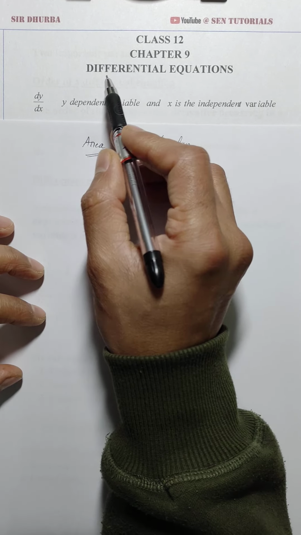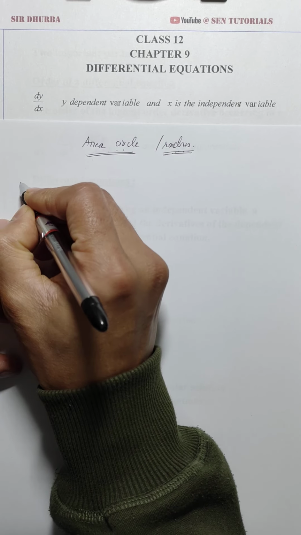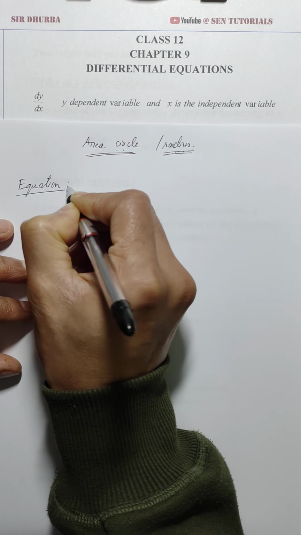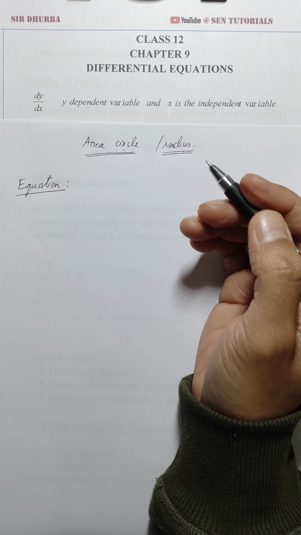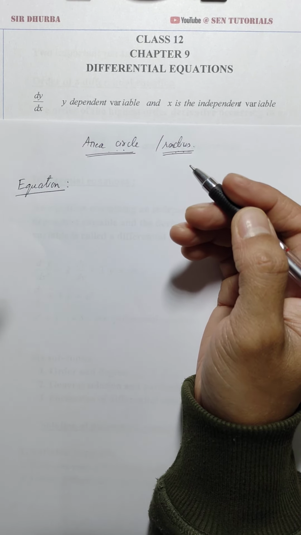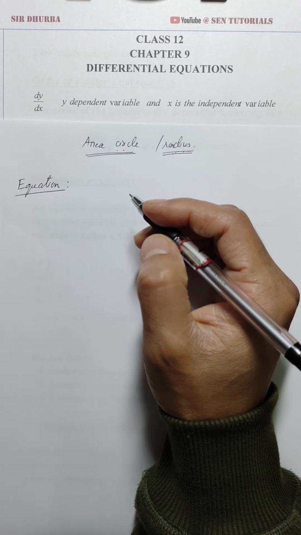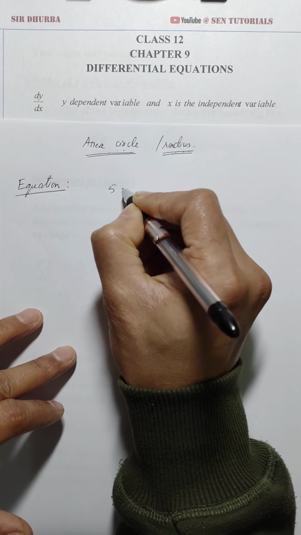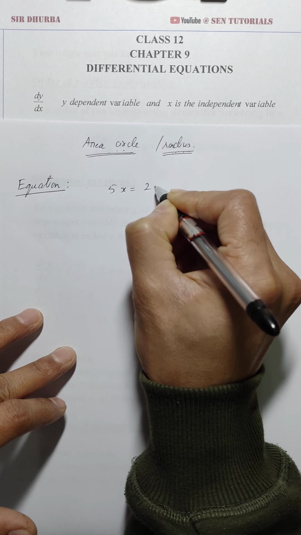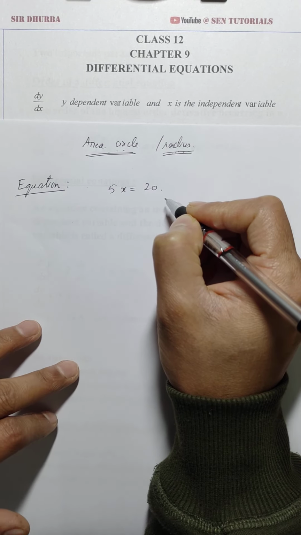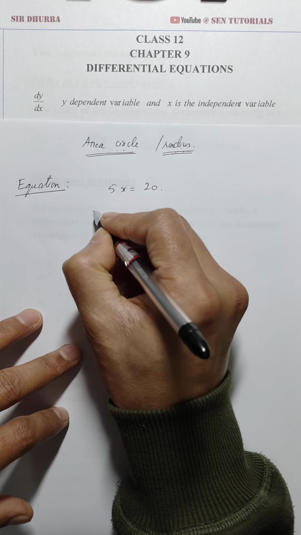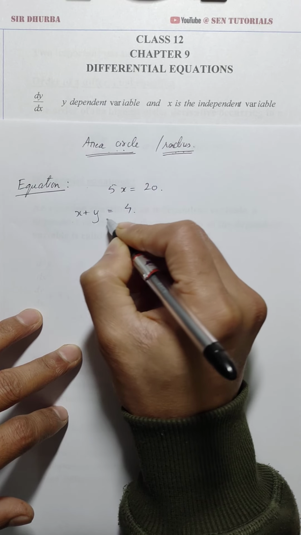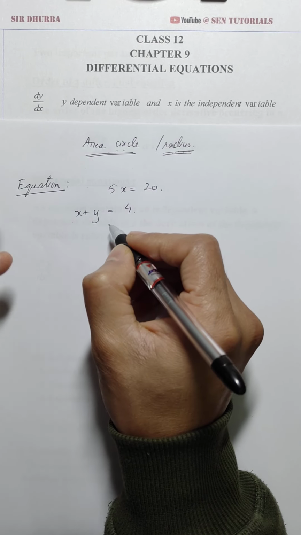Now before we really move into differential equations, let us first understand what is an equation. As we all know what is an equation, I'll just give you some examples because we are all very familiar with what are equations. We have already come across linear equations in one variable, like 5x is equal to 20. So this was a linear equation in one variable. We have come across linear equations in two variables, like x plus y is equal to 4. So these were linear equations in two variables. Then